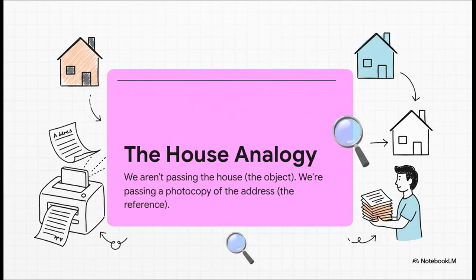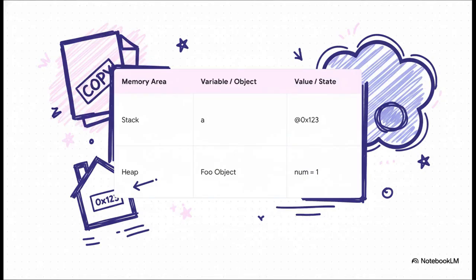Instead, imagine the object is a house. We are not making a copy of the entire house. We are making a photocopy of a piece of paper with the address of the house written on it. Let's visualize this. Before we call our method, we've got a variable named a on the stack. Its value isn't the object, it's just a memory address. Let's say 0x123. That address points to the actual foo object, which lives over in a different area of memory